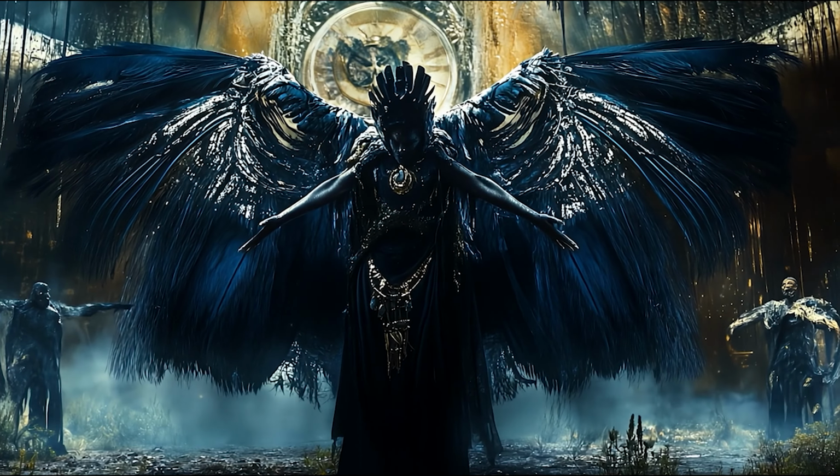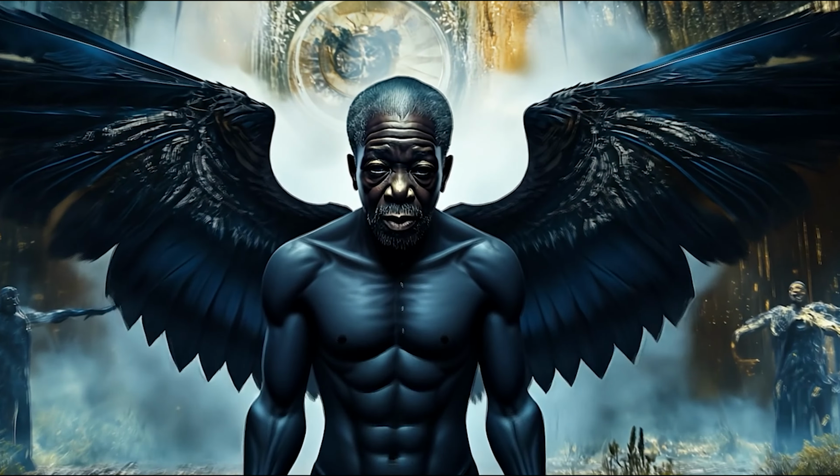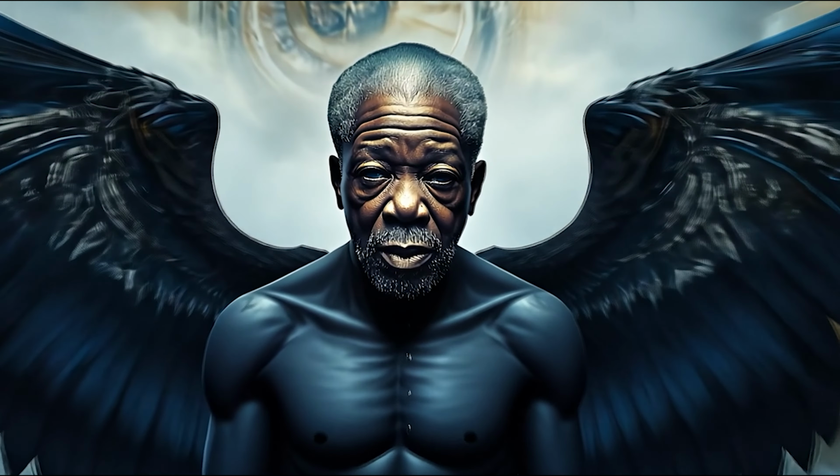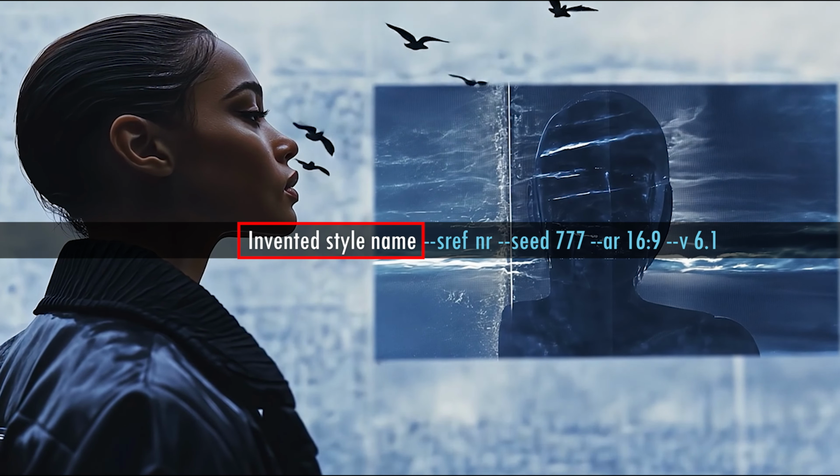As has become custom for these deep dive videos, I have prompted each of the style code numbers 5 times. First prompt is the introductory landscape prompt. I named all the styles with the help of ChatGPT and sometimes Claude, too. And for the first image that you will see of each style, I have used that invented style name as